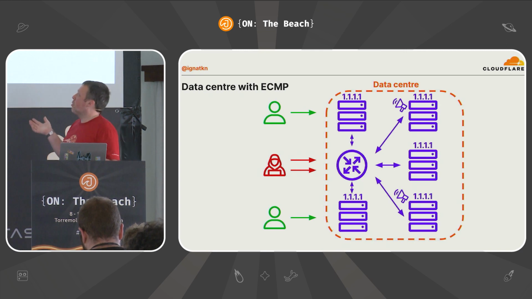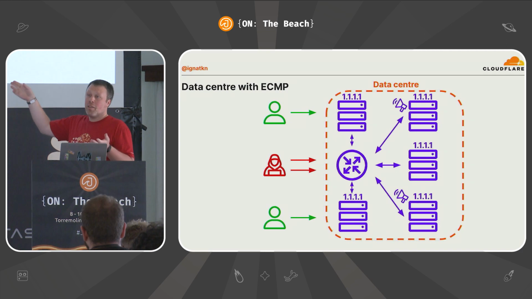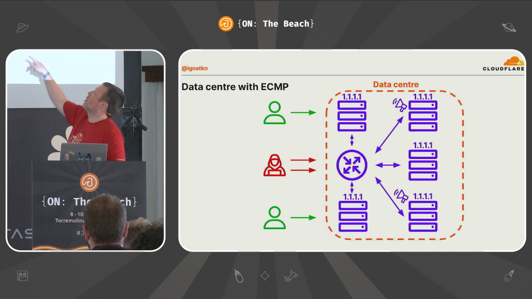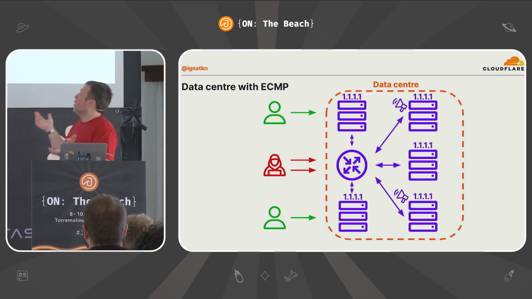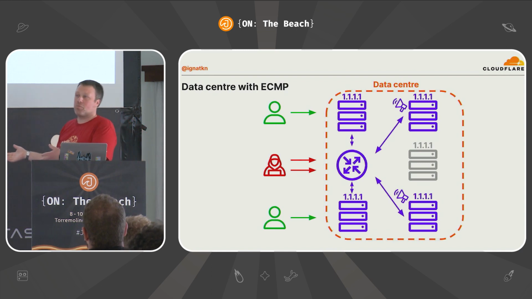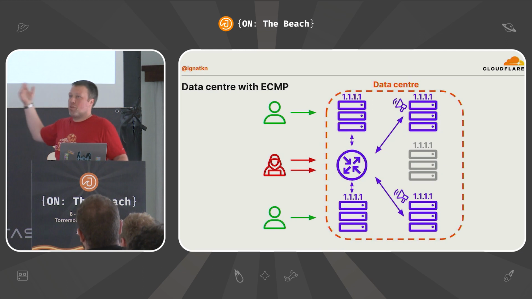If you need more capacity, you just add more servers. They have the same IP address. They just start announcing these new IP addresses to this router, and the router automatically redistributes the traffic to all our servers. And the maintenance is easy as well. If you need to take a server out for maintenance, you just shut it down, it stops announcing, and the router stops sending the traffic to the server. So no special equipment here, just a router and servers and standard internet protocols.